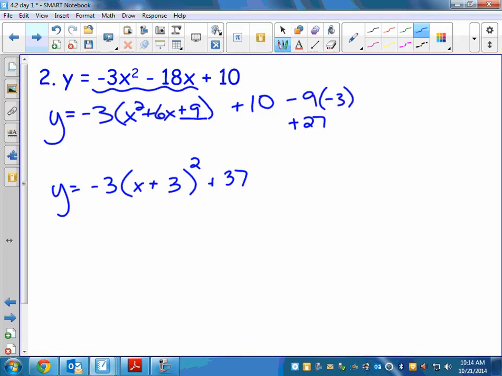Questions about that? What would the vertex of this be? -3, because it's the opposite side of the inside, and 37. Not so much fun to graph, but if you had to graph one like that, just make your y-axis go like 10s or 5s or something. And your axis of symmetry would be x equals -3. If there's a negative in front, it means it's going to open